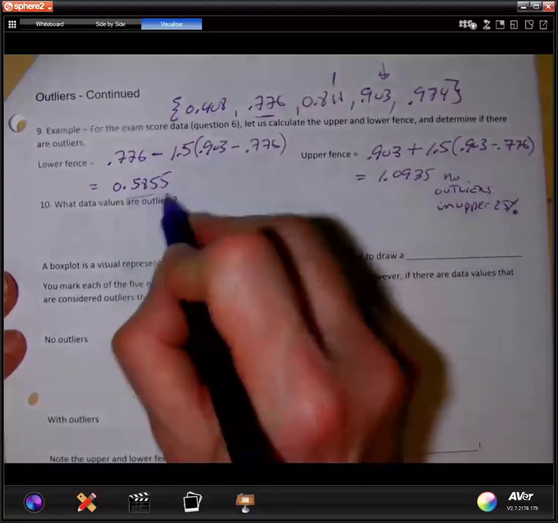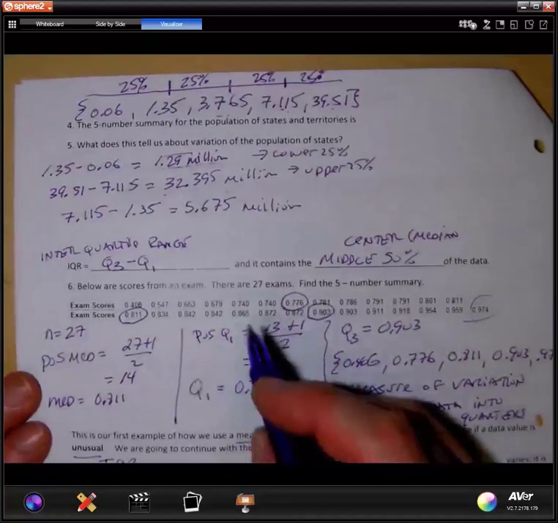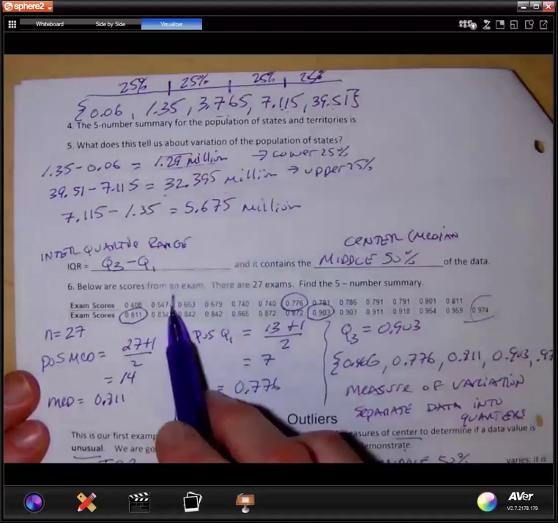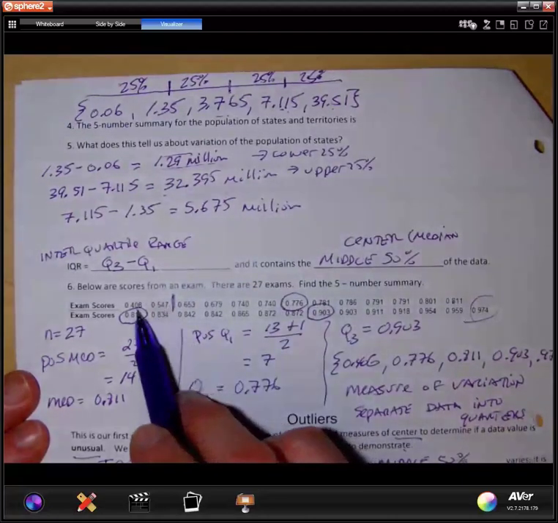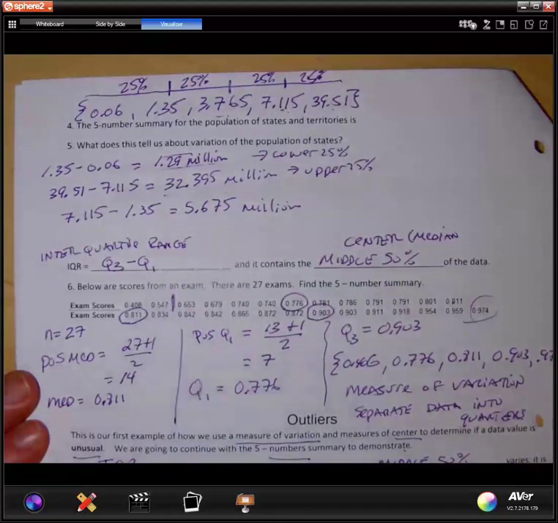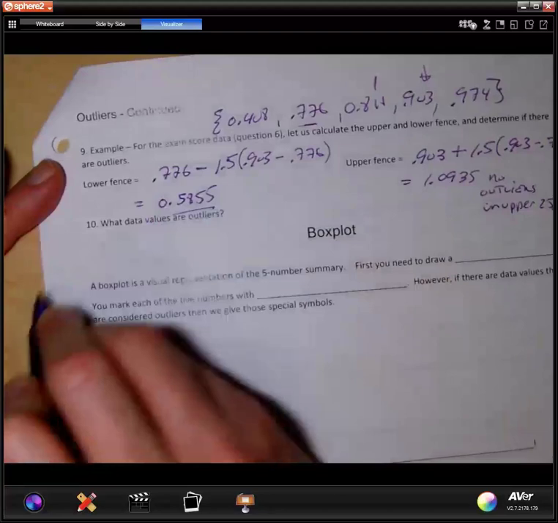Great. So what are the data values? Again, I'm going to use my lower fence. Come over here. And what is it, 0.58? So there is 0.58. And these two values, the 0.406 and 0.547, these are the outliers. So my outliers are